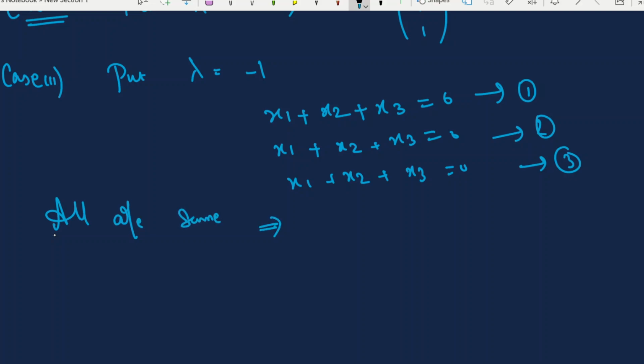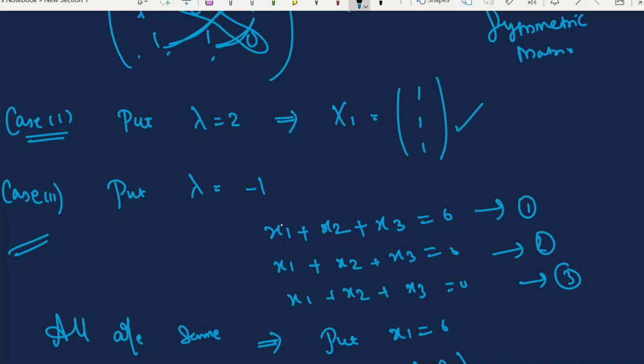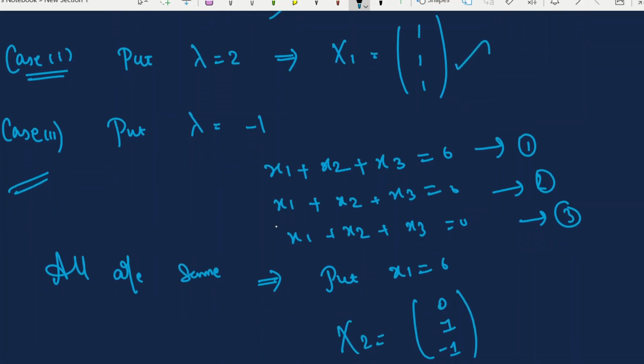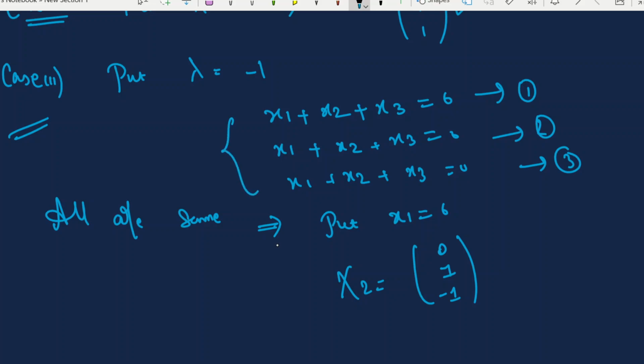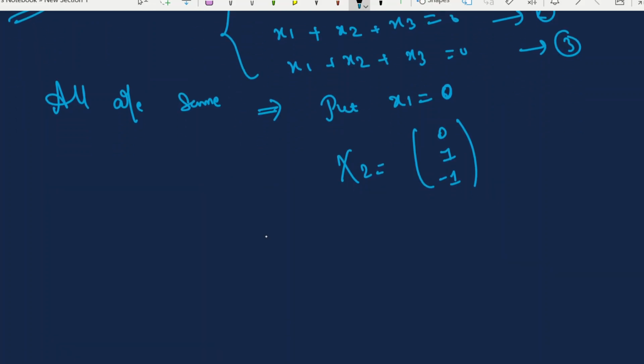So what should we do now? Consider any of the values to be 0 for case 2. Put x1 is equal to 0. So when x1 is equal to 0, the second eigenvector will become 0, 1, negative 1. This lambda is equal to 2 is a non-repeated value, so as usual we are calculating the eigenvector. For the repeated value we will be getting the same equations. In that case you have to select either x1 equals 0, x2 equals 0 or x3 is equal to 0. Here I am selecting x1 is equal to 0. After the selection of x1 is equal to 0, we got 0, 1, negative 1 as the second eigenvector.